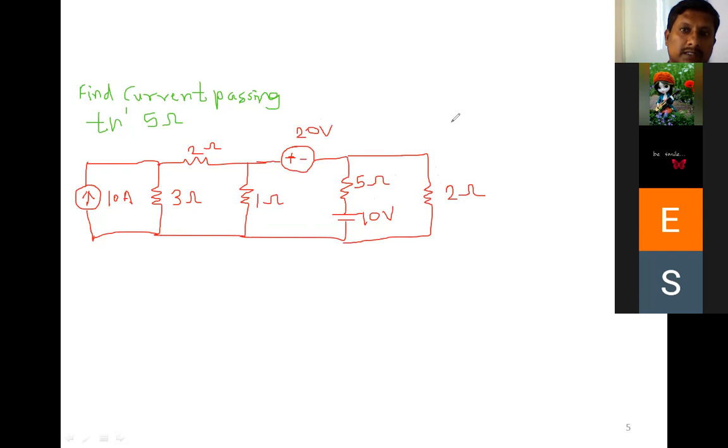Now the question is, find out the current passing through this 5 ohm, meaning this one. By using nodal analysis, you have to solve this example. So you can tell now what you can do. Nodal analysis I told you to use. So what are the steps now? First,